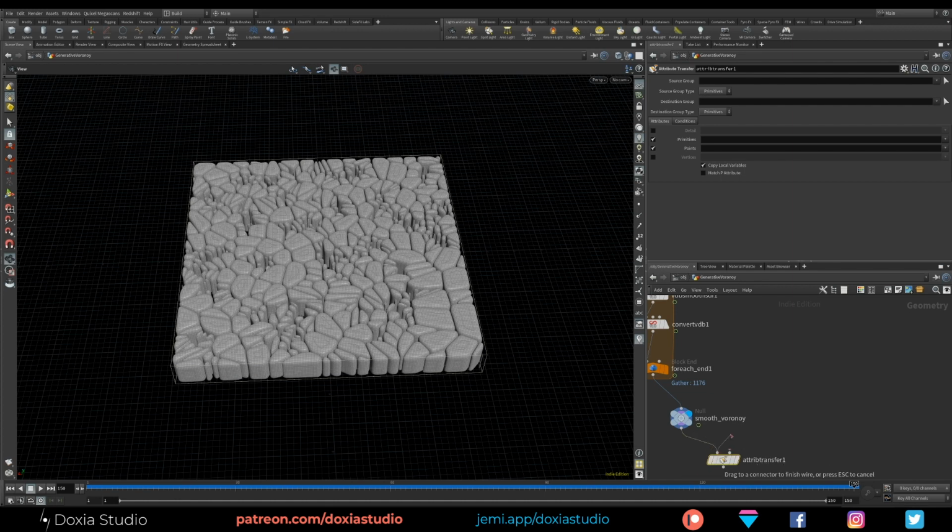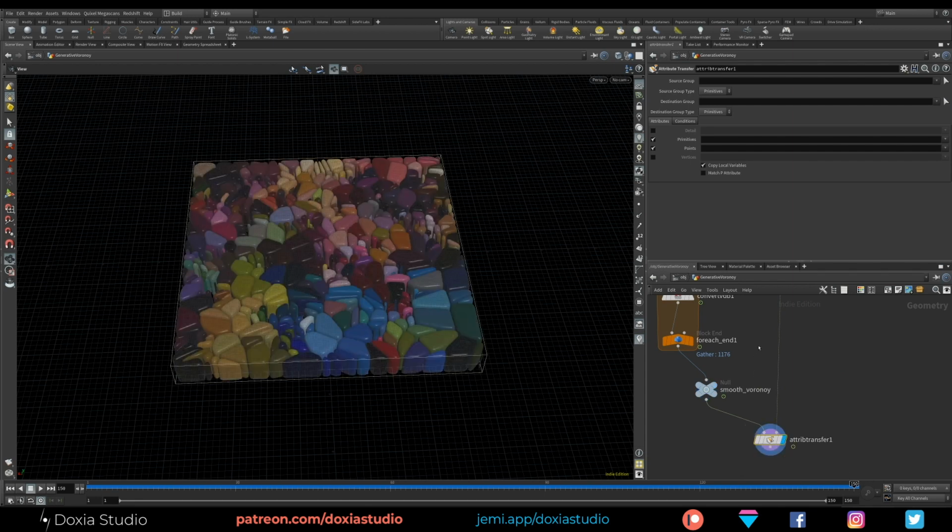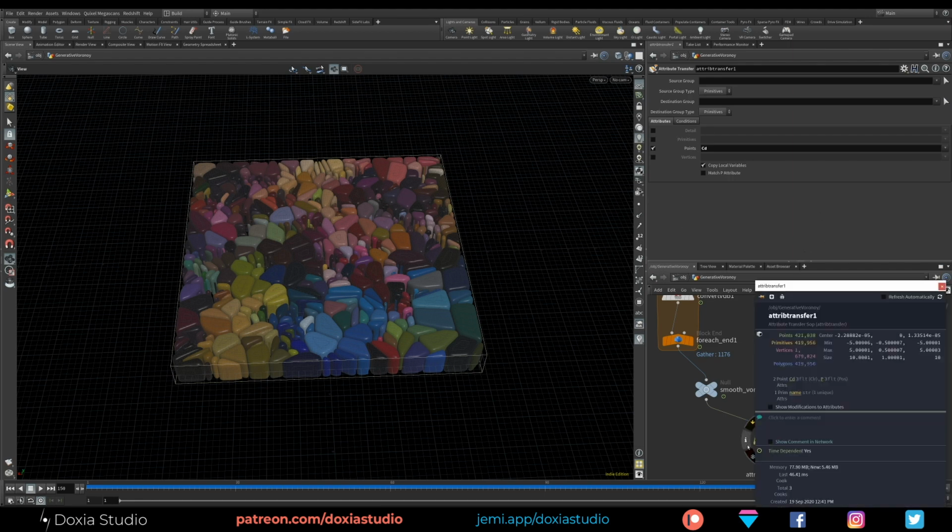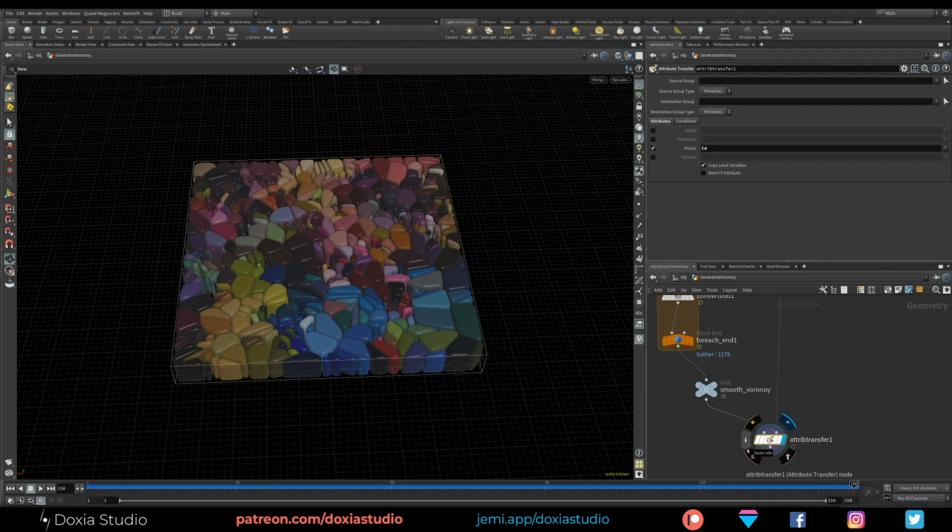So the first input is the geometry, and the second is the other geometry that we need to transfer the attribute from. So in our points we want to transfer the color. We don't need to transfer anything on the primitives. So now our pieces have a point attribute that is the color.